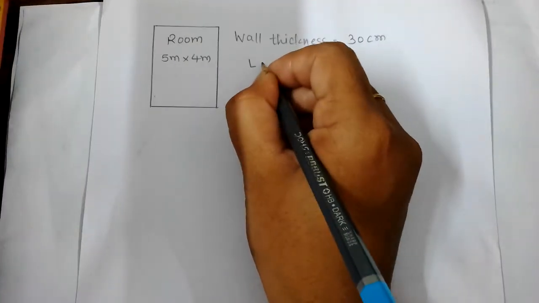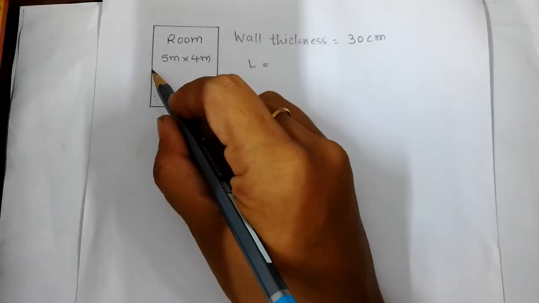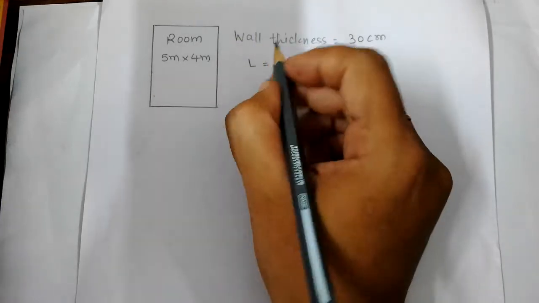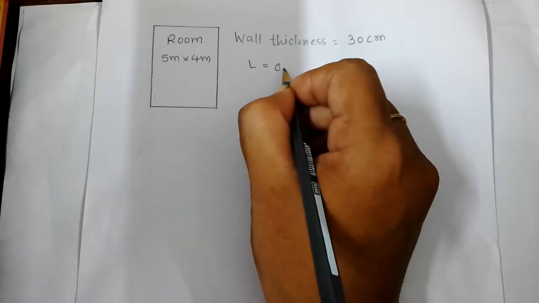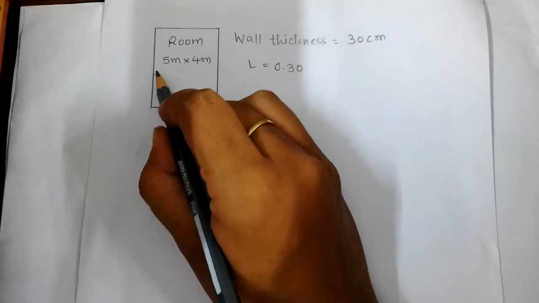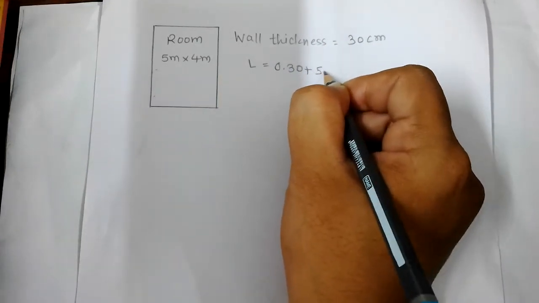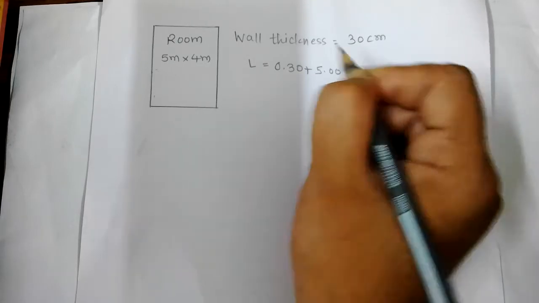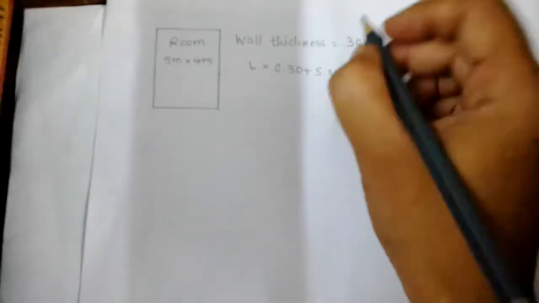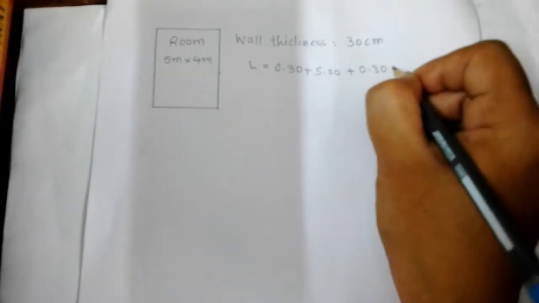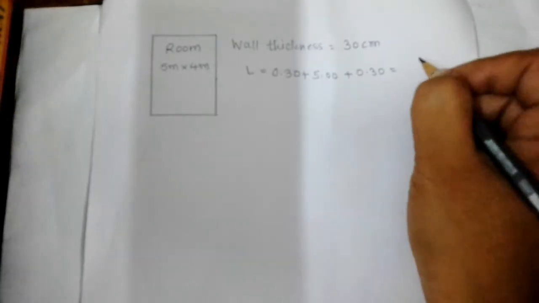of this room? So, simply capital L means total length. इस वॉल का थिकनेस हम लेंगे जैसे कि दिया गया है 30 सेंटीमीटर, सो 0.30 मीटर. Then this is the width of that room, that means 5 meter plus again this wall thickness 0.30 meter. So total length of this